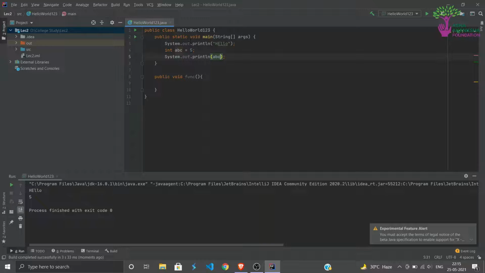Similarly, if you say underscore, no problem. And if you use a $ sign, again no problem. But let's say if we use a hyphen,